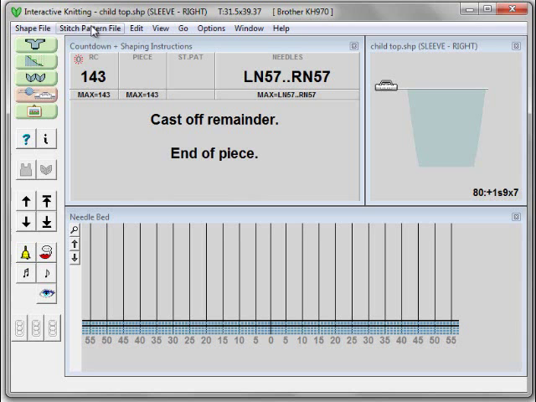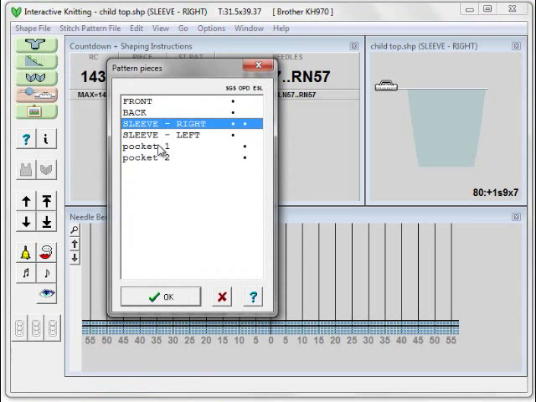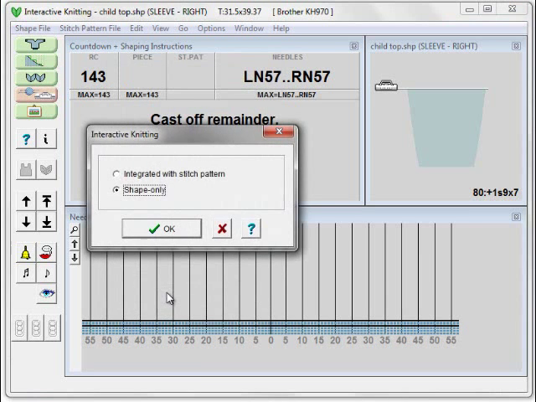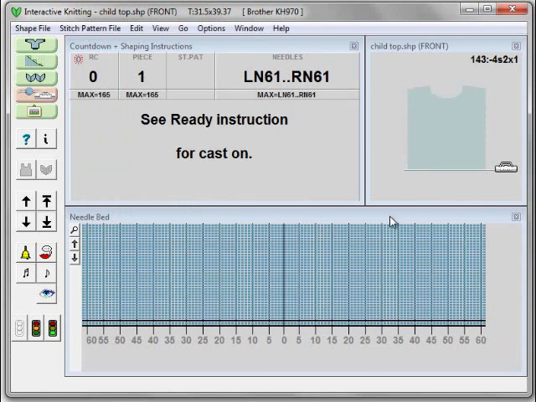The next thing that we need to do is we need to say shaping file, select piece. And let's knit the front. Okay. Shaping only. And here we have our front, and it says here,